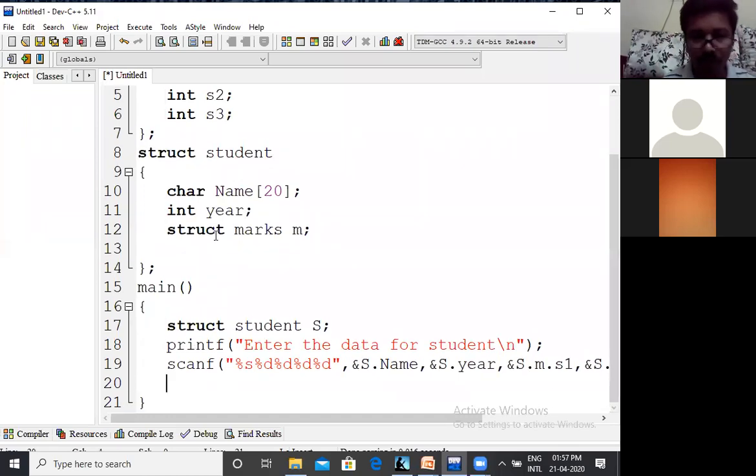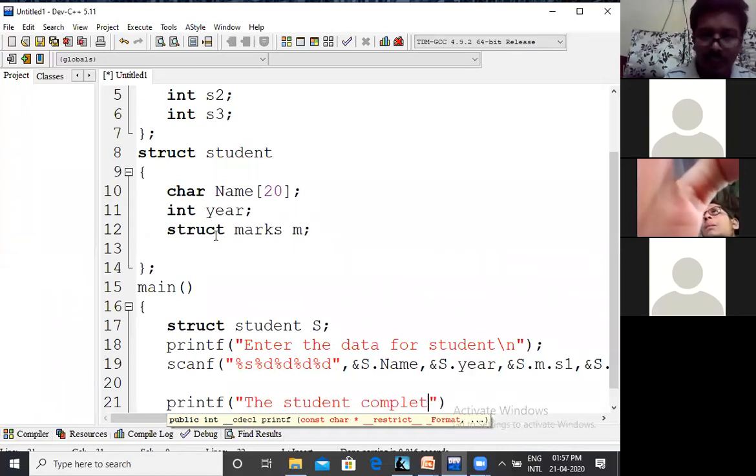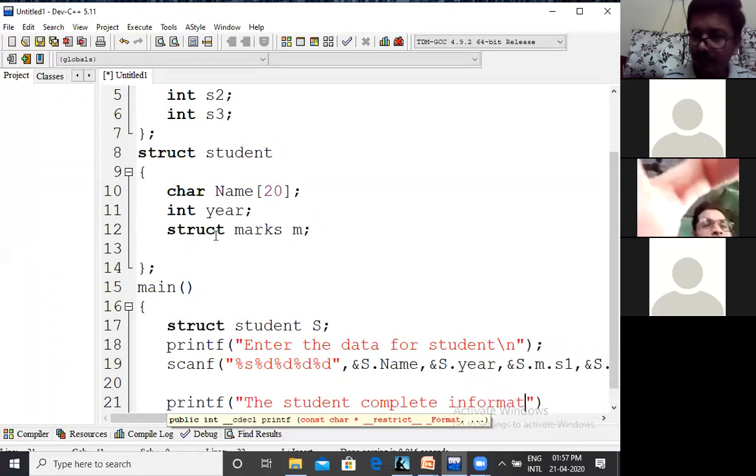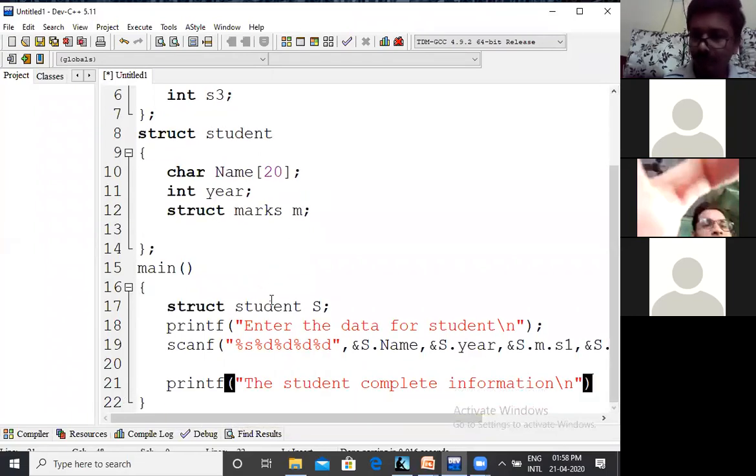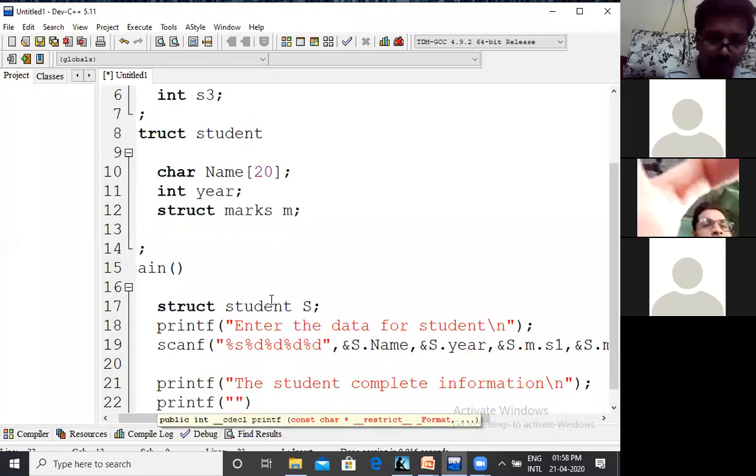Next, how we can print that information? The same thing which we are following earlier on. Printf student complete information. printf percentage d.